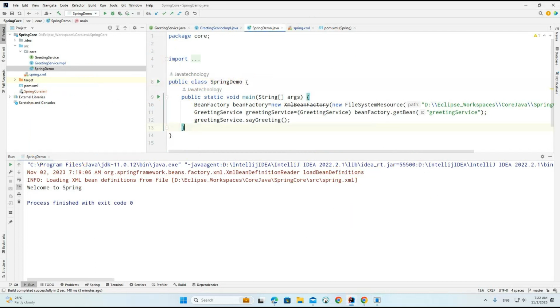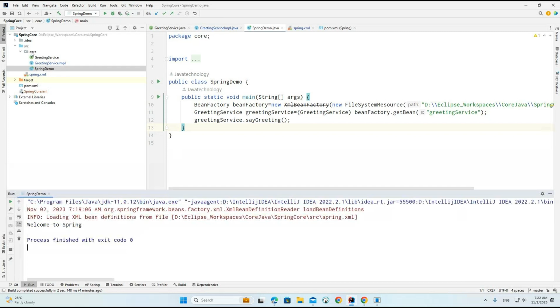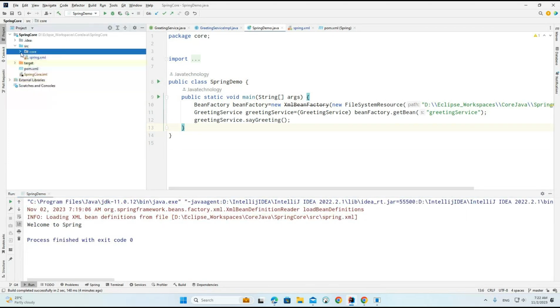So let's have a simple example of dependency injection. Now we'll understand what exactly dependency injection is. If we want dependency injection in terms of loose coupling, we can go for an interface and an implementation class. The simple example, now what I will do,